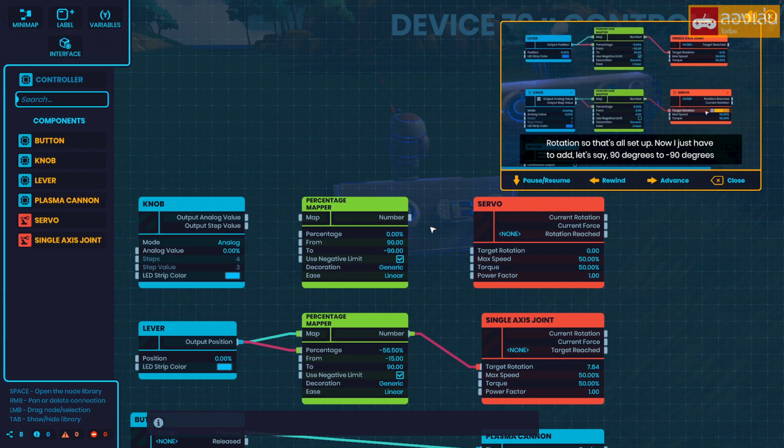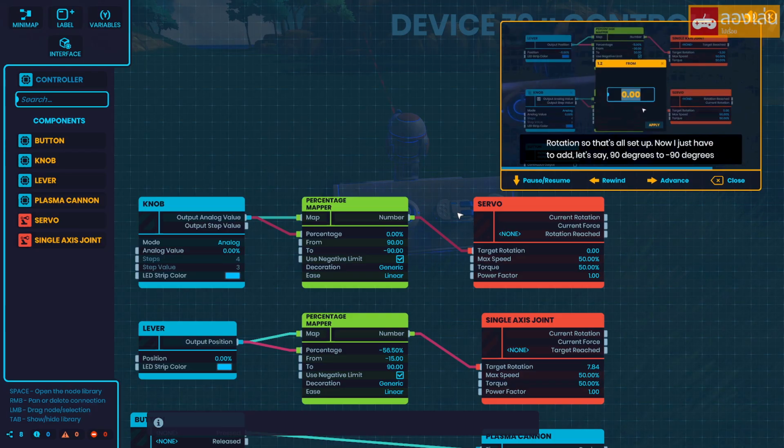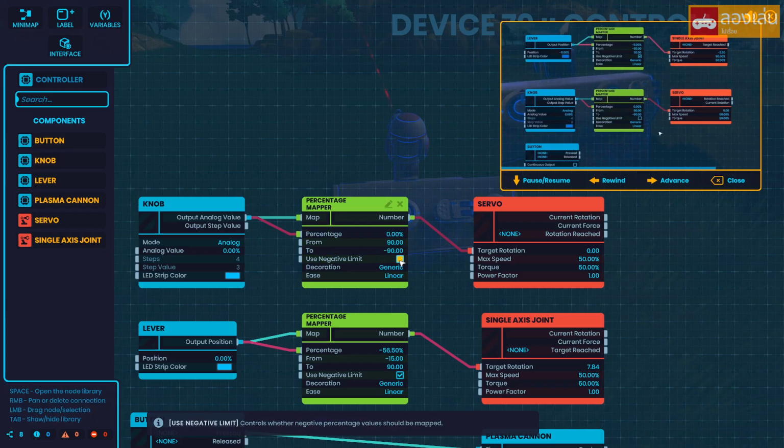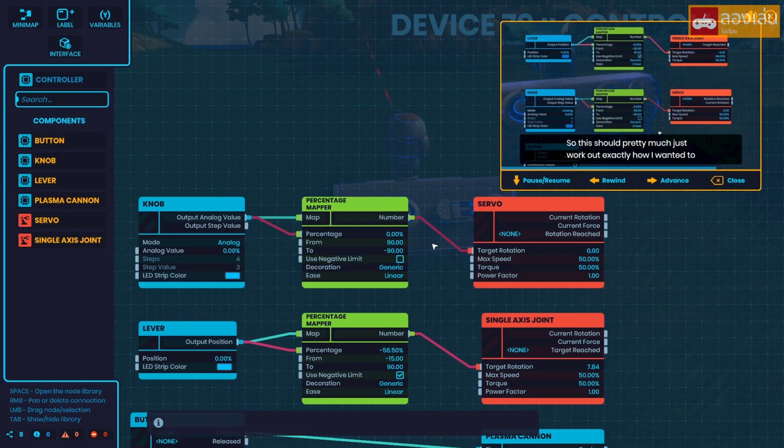And then number to target rotation, so that's all set up. Now I just have to add, let's say 90 degrees to minus 90 degrees. Now because the knob is not outputting any minus value, I don't need to use the negative value. So this should pretty much